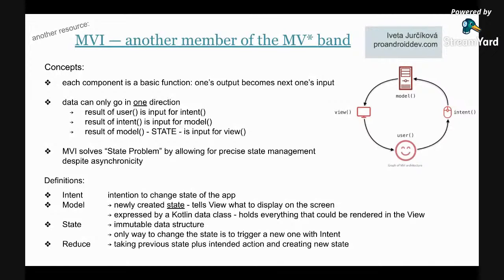And she says we can really consider them like functions, where the view outputs input for the user, and the user outputs their intent,